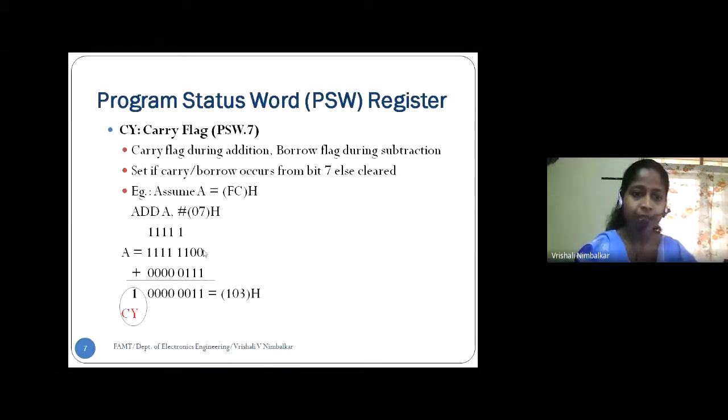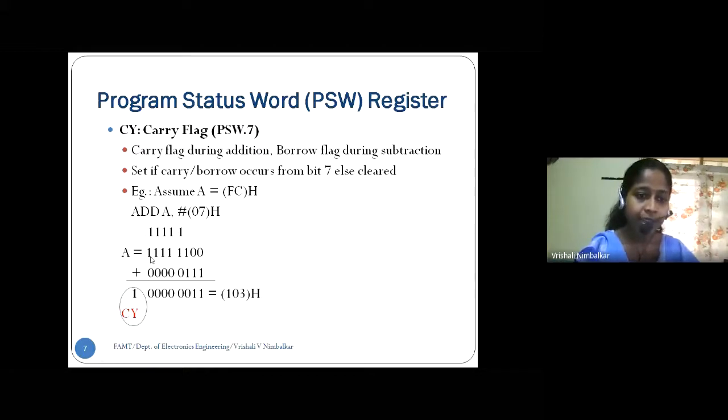So we start with the lower bit, the LSB. 0 plus 1, the answer is 1. The next bit, 0 plus 1, again the answer is 1. 1 plus 1, the answer is 2, so 0 is the sum and 1 is the carry. Now the next addition is along with the carry. So 1 plus 0, again the answer is 2, 0 is the sum, 1 is the carry. Again the answer is 2, and so on. Let us look directly at the last bit. The last addition is 1 plus 0, meaning the answer is 2, where 0 is the sum bit and 1 is the carry.